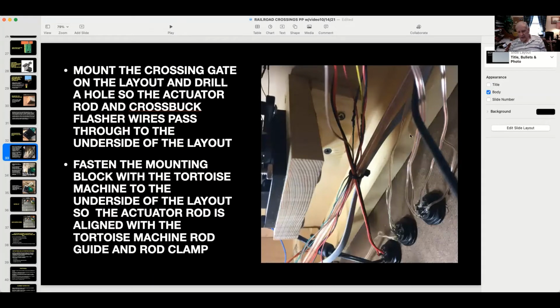So you're kind of looking, this is the fascia on the front of my layout. You're looking underneath. This is the bottom of the layout. Here, all I'm showing is how I mounted that L-shaped block. Just 2 drywall screws. I got up in there with my drill. Once I had it,